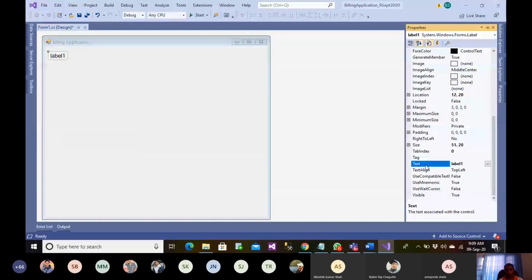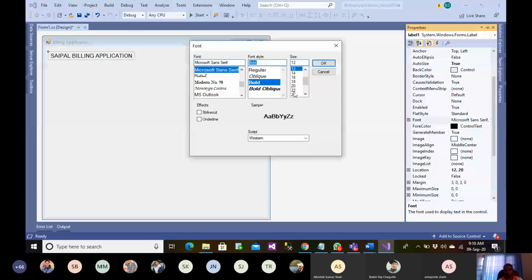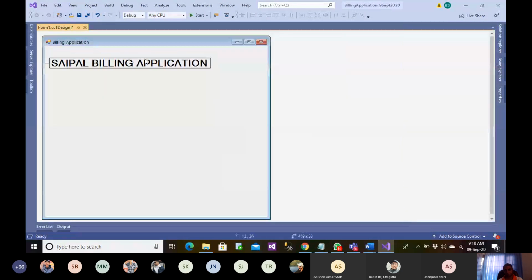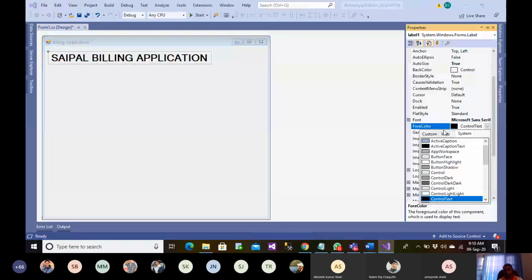Let's name it Saipal billing application. Font size, let me increase it up. That's okay. Let's change the color.